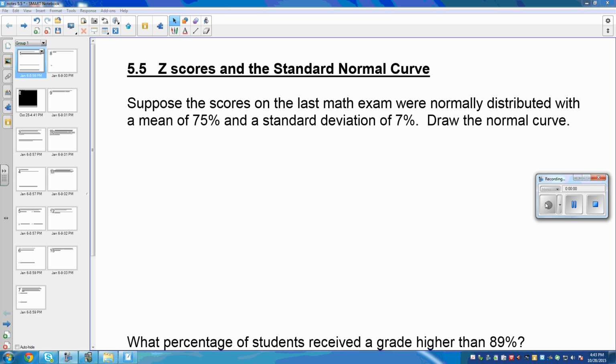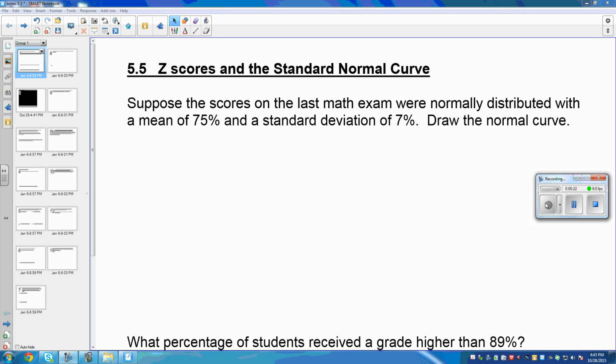Normal curve or the normal distribution. We looked at the normal distribution yesterday, and we were actually able to come up with some ideas. But now I'm going to prove to you why we need to know z-scores. So let's suppose that the scores on our last math exam were normally distributed with a mean of 75% and